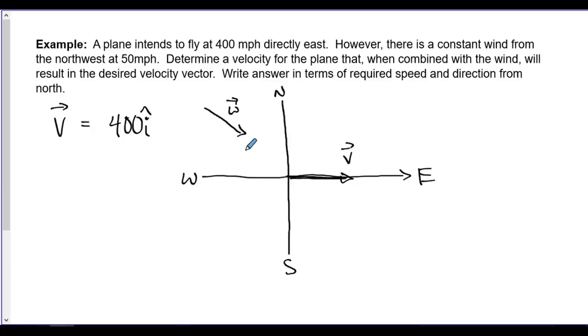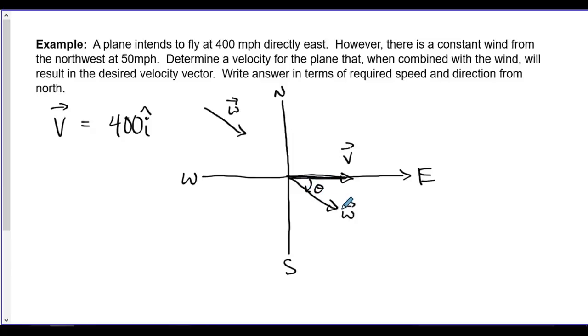Now the useful thing about a vector is that it contains both a magnitude and a direction. So we know this is a magnitude of 50. We know that it's coming from the northwest, so we have a direction. But that doesn't mean you have to necessarily draw it here. And actually, in order to work with these two vectors in the same sort of coordinate system, it'll be helpful to put this wind vector here so that I can think about what angle theta I need